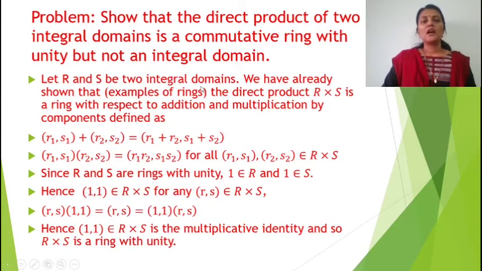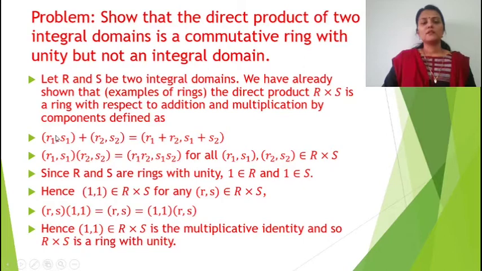Let R and S be two integral domains. So we consider the direct product of two integral domains. Now we have already shown that the direct product is a ring. R and S are rings, and we have already shown in the exercise examples of rings that the direct product R cross S is a ring with respect to addition and multiplication of components